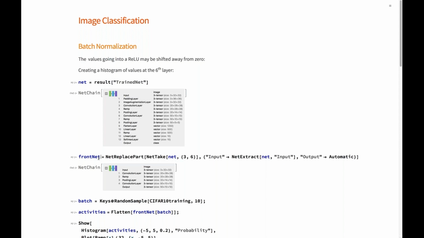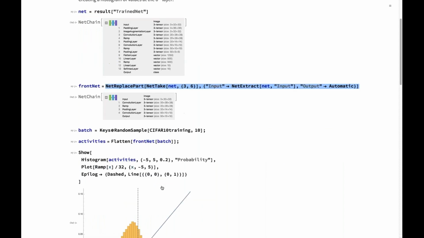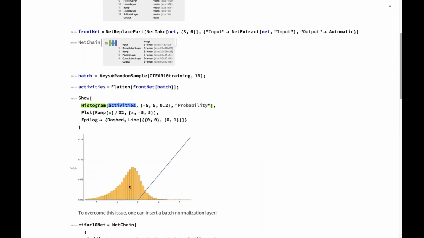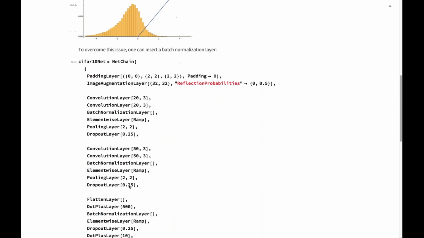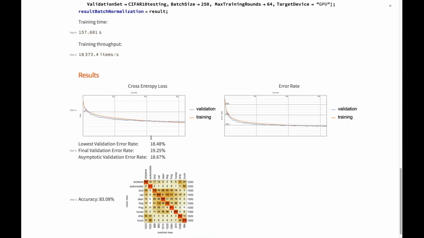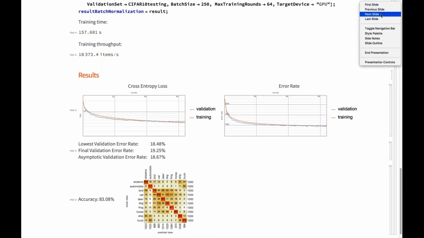Therefore, I extracted the first part of the network, generated a whole batch of images, ran them through the network, recorded the activities, and plotted the activities as a histogram. You see that they are shifted. So it is beneficial to put what's called a batch normalization layer in front of such a ReLU. If you do that, let's see, we gain another few percentage points. So that did help.